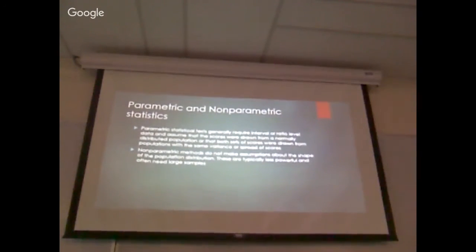So parametric statistics require interval or ratio level data. Now, the time we're going to violate that, again, is with things like Likert scales or attitudinal scales, where we have strongly disagree and strongly agree. If you're somebody from the math department, you're going to say, wait a minute, those aren't interval or ratio, certainly not interval, that's ordinal data. But we're going to treat it as interval data because